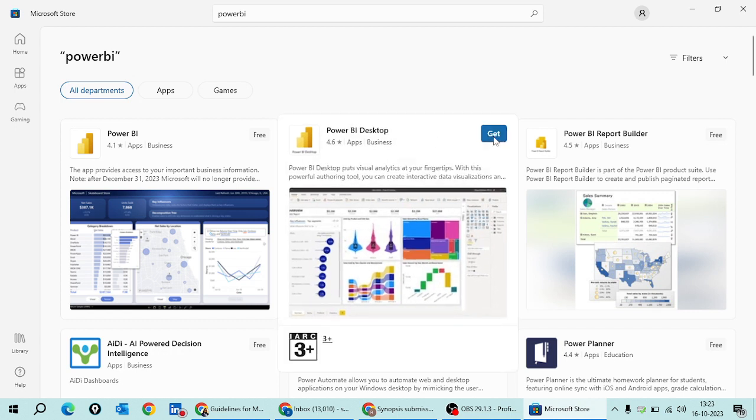Once you click on this Power BI desktop, get button, you can see blue. You just need to click on the get button. Once you click on the get button, it will start downloading and installing Power BI desktop. It might take 4 to 5 minutes for the entire process to get complete, and it will automatically get installed